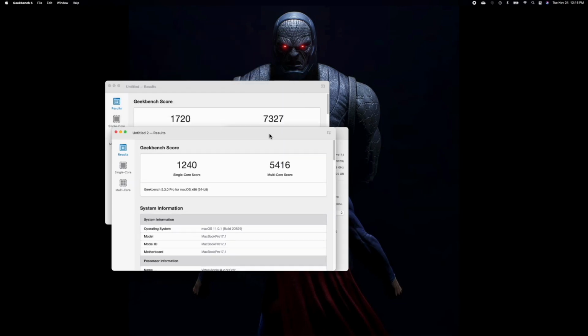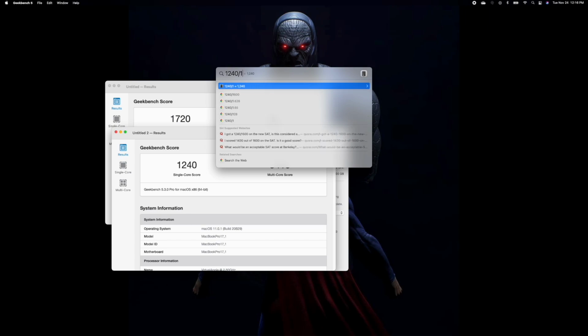Okay. So we can see the impact of running under Rosetta. I said that would be a 40% hit, and it looks like I was wrong. 1240 divided by 1720 is 72. So there's a 28% hit on the single core,